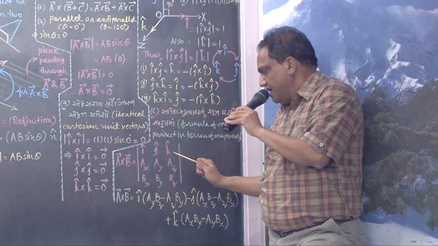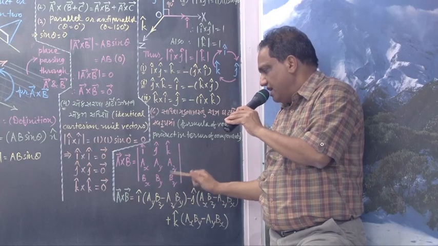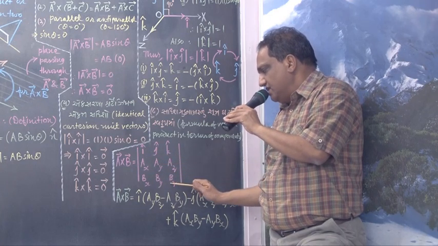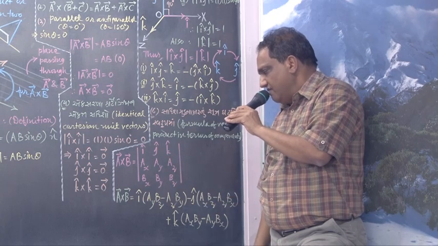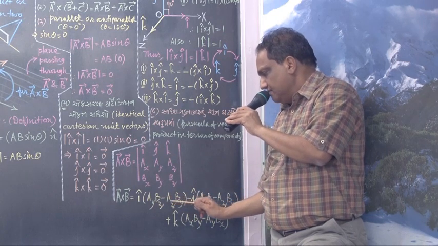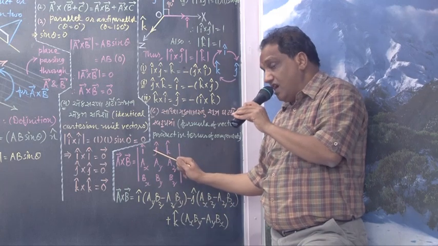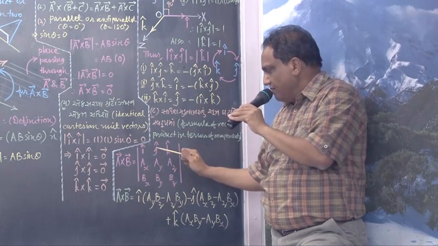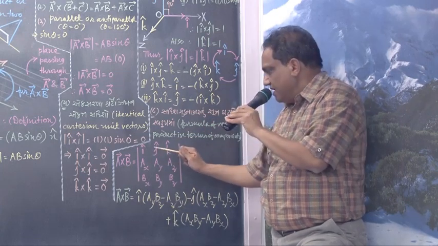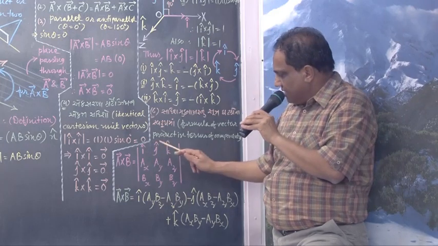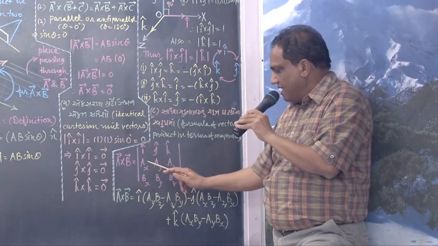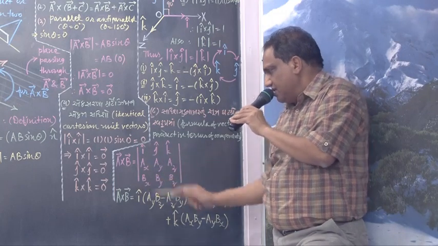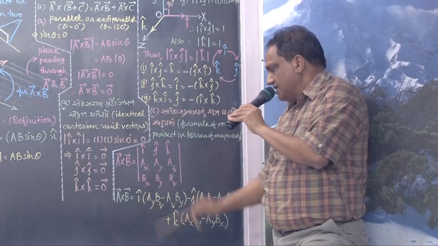Now the simplification is to be done the way I'm showing you. This into this minus this into this. With I hat, in the bracket, what should you write? AY BZ minus AZ BY. Here, without fail, you must write minus. In the simplification, the rule is that with the middle term you have to write minus. So minus J hat, then discard this column and this row. Then left is AX, AZ, BX, BZ. Take this multiplication minus this multiplication: AX BZ minus AZ BX.